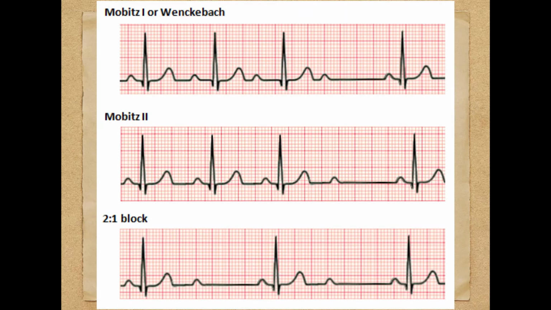Next, what you commonly come across in the ER are the heart blocks. I am not going into the first degree heart block in detail because you know that first degree heart block is the prolongation of the PR interval, as I said before. Any prolongation of the PR interval more than 200 milliseconds is called a first degree heart block.